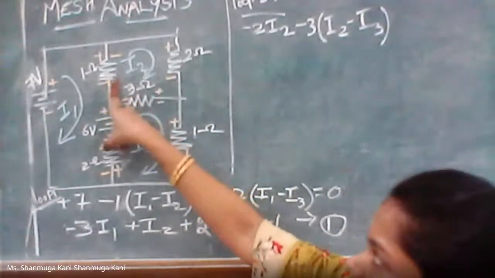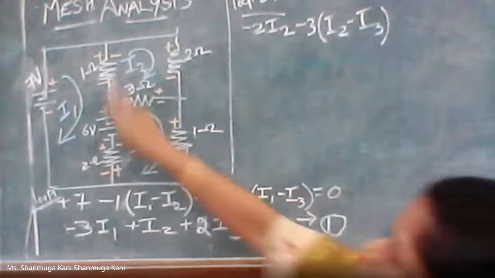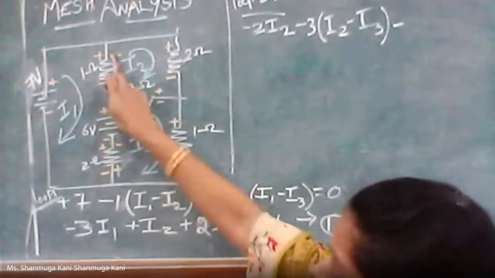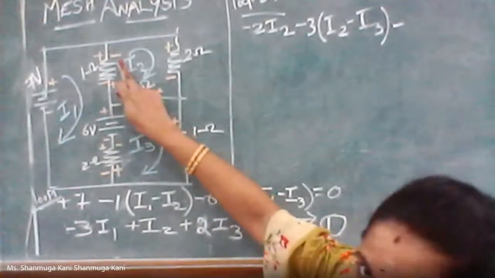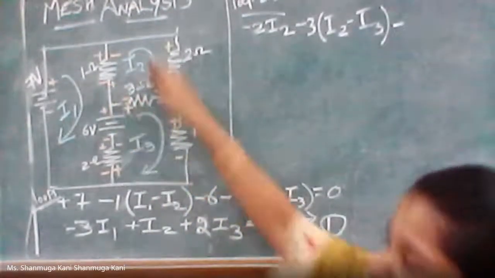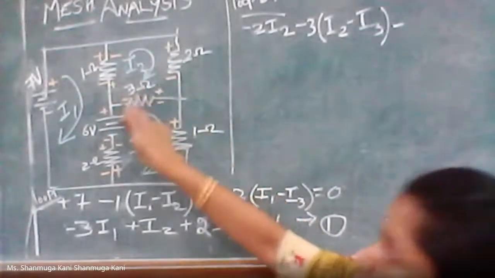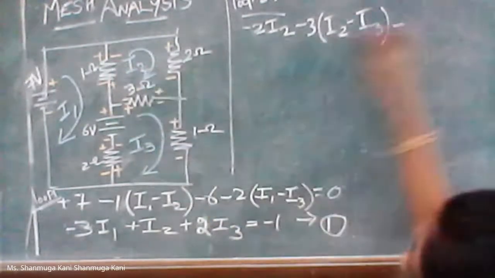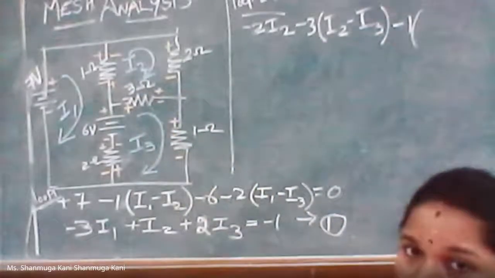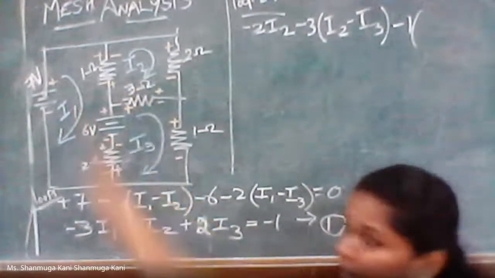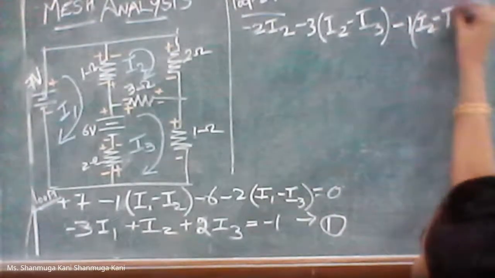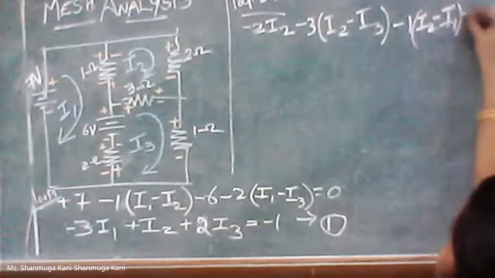And then in the loop, it is the 1 ohm. When you see it, the sign is minus, the leaving sign is minus. In the second loop the leaving sign is minus. Here there is a plus and we write minus; you should not ask why, because we have assumed separate plus and minus for each loop, and for this loop we assumed minus. So it is -1 into the 1 ohm, which is common for both I2 and I1, so you write it as (I2 minus I1) equal to 0.